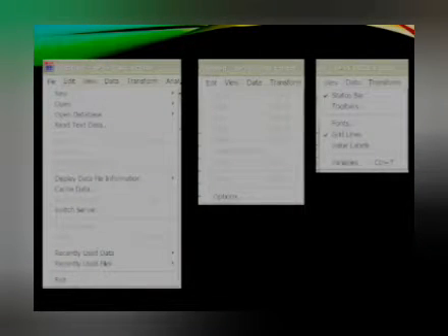In that, file menu includes new, open, open database, and so on, and edit menu includes undo, redo, cut, copy, paste, etc. And view menu includes status bar, toolbar, etc., as all shown in the picture.